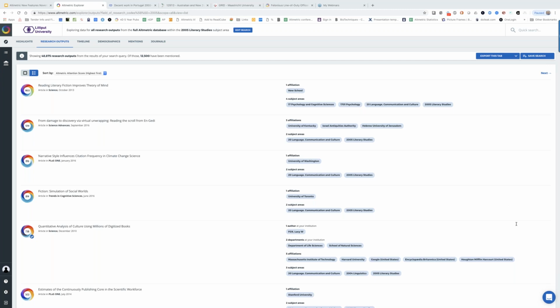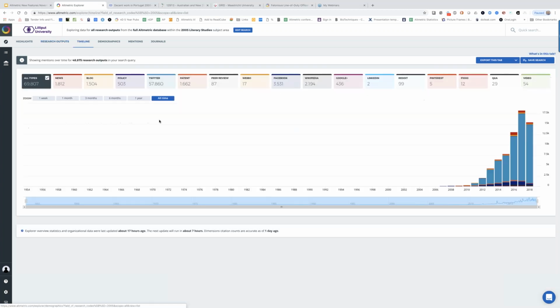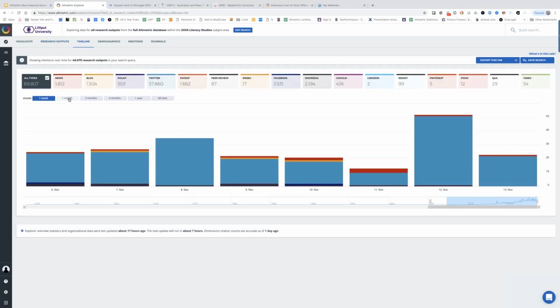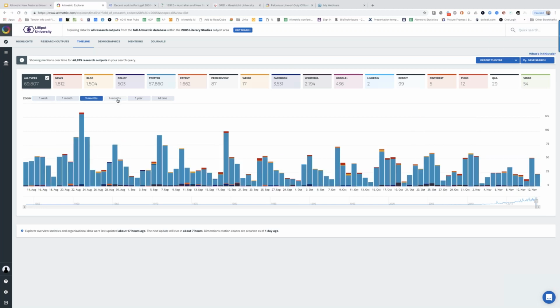Another question: will a customizable time frame for searches be added? Currently it's limited to all time, 1 day, 1 week, 1 month. Okay, so that is true for the timeline, which I presume is what you're mentioning here, this 1 week, 1 month. So we're looking at the last week, for example, or the last 3 months, or the last 6 months,